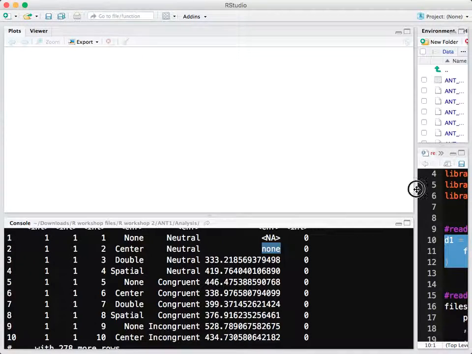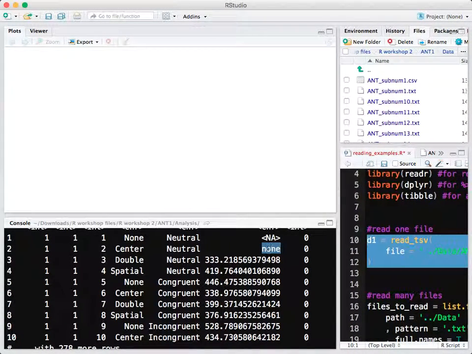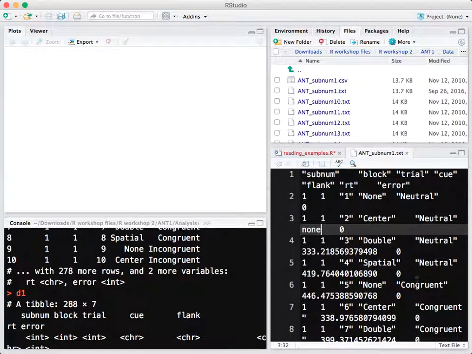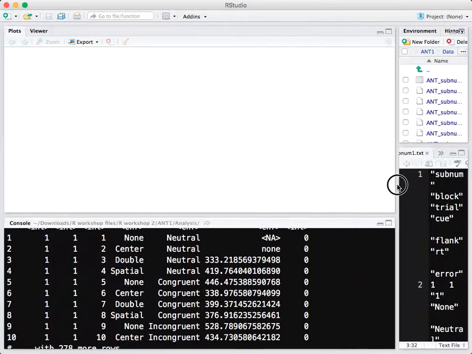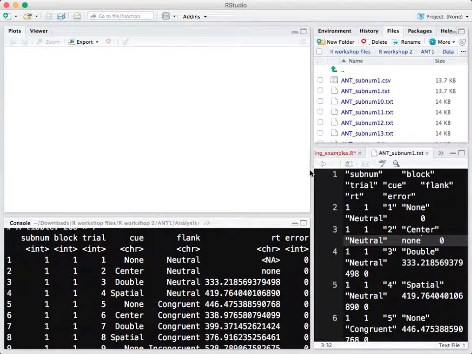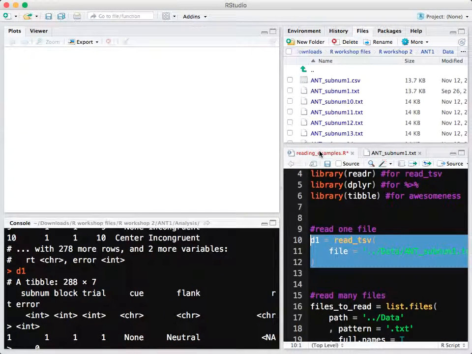So we had that example from yesterday where we had some other software generating our data. It doesn't know that R is expecting a capital N, capital A as the missing data marker. Maybe it's generating a string NONE as its signal for missing data. So we would need to tell R about that. Read.tsv still works, we just need to tell